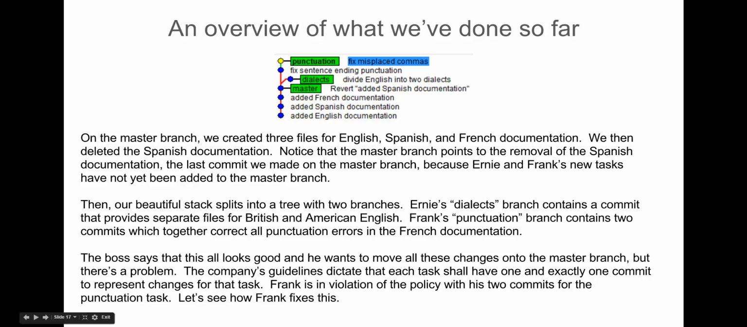And then we have a punctuation branch that contains two more commits, one for sentence ending punctuation and the other for commas. So now we've broken our beautiful stack into a tree-like structure. So in order for us to continue and give Ernie and Frank more tasks, the bosses and the QA team are going to review this, and then the boss is going to merge Ernie and Frank's work onto the master